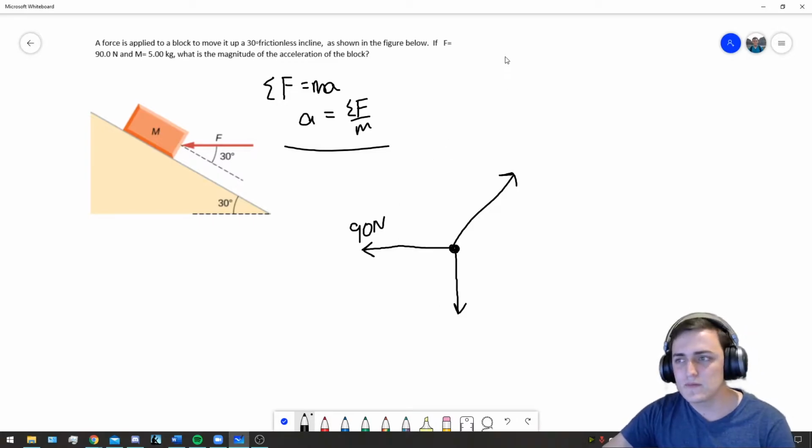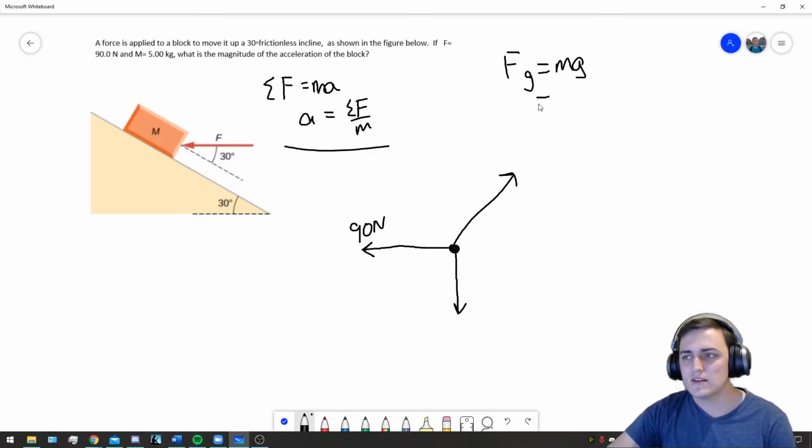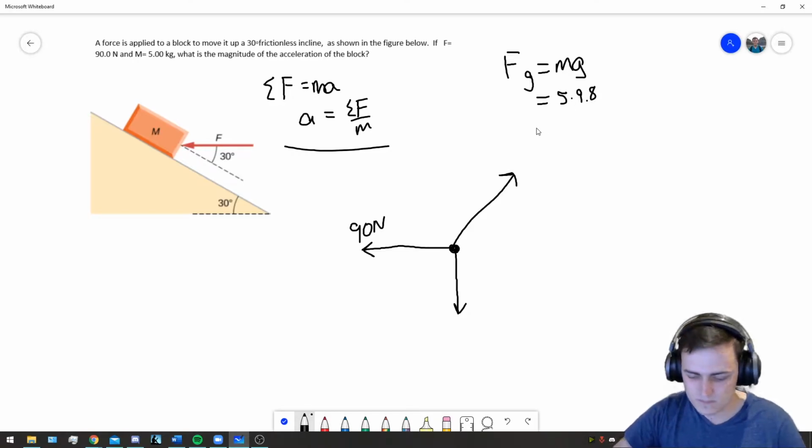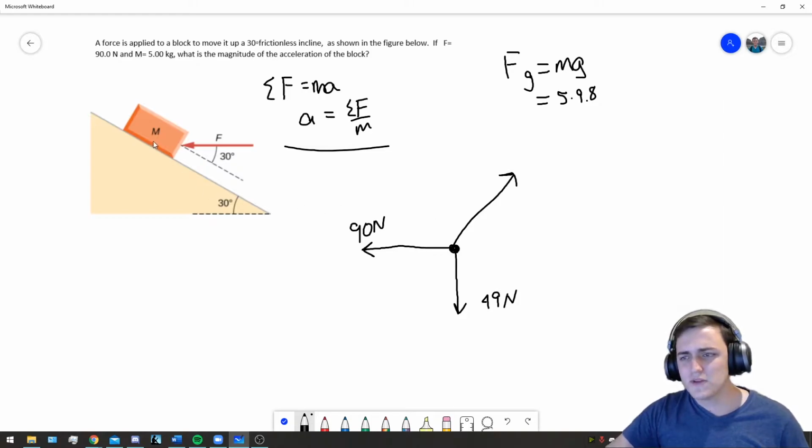Force of gravity, F sub g, is always equal to mass times gravity. And so in this problem, it's going to be 5 times 9.8. So our gravity force is 49 newtons. The last force we have is our normal force, which is a sort of reactive force. And that normal force is going to cancel out both of these forces